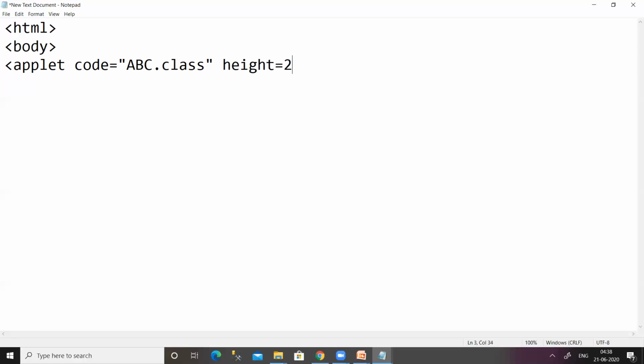and then we have to provide height and width of the applet. So the three attributes are code, height, and width.